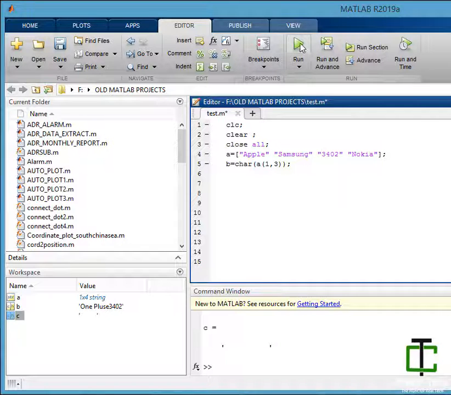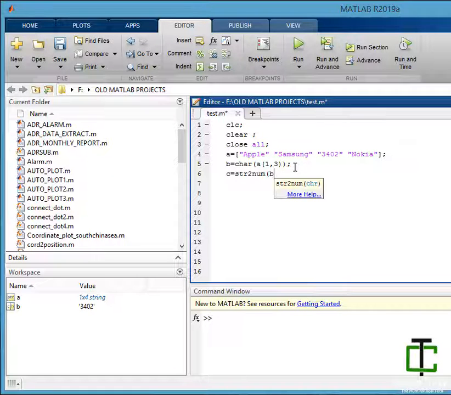Okay. Now let's say my b only contains characters that are digits. Play this. So I need to convert this string to a number. How can I do that? There is a function called str2num(b).